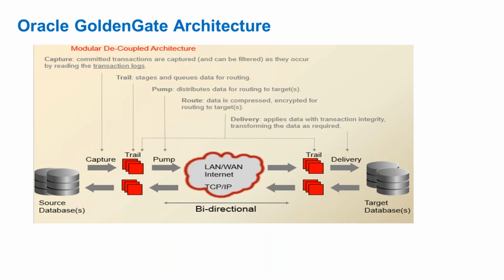One is command prompt based, another one is GUI, which is classic and microservices. Inside those both types of architectures, you have different types of extracts and different types of replicates available. What are those different types of extract, different types of replicates? I'll be discussing more later. Okay, so does that answer your question now?